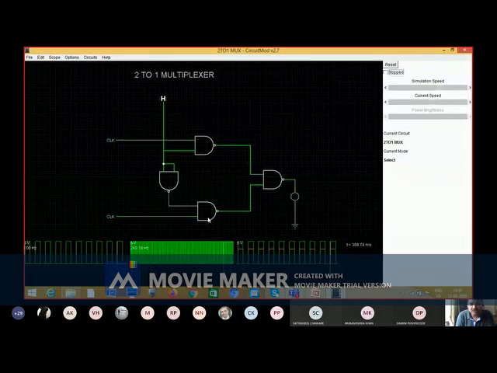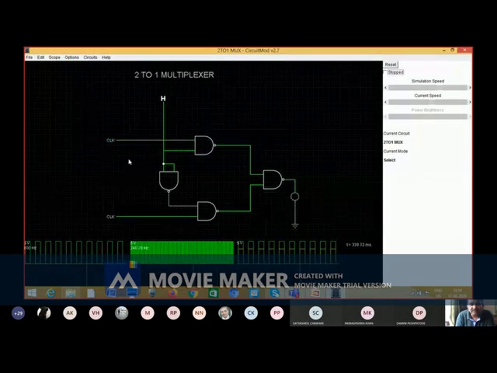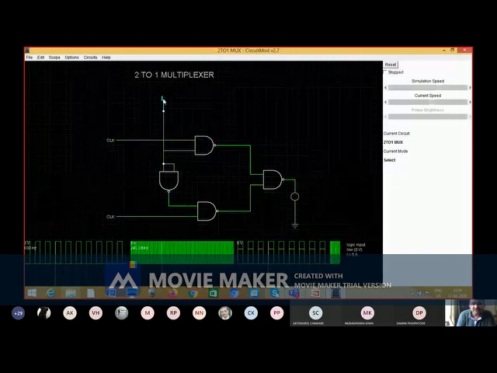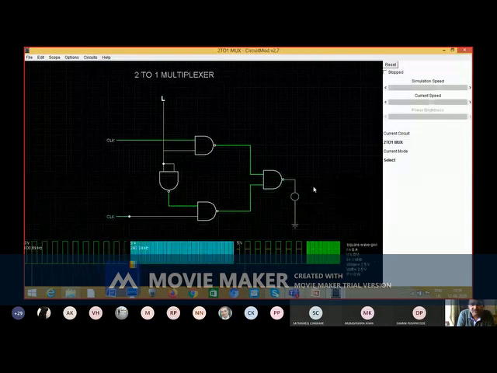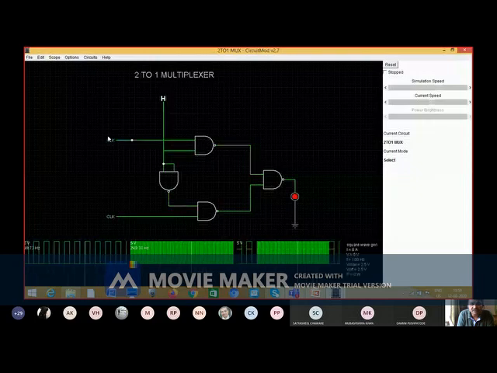Now, you know this is multiplexer, two input, one output mux, and the input gets selected by this. Suppose this H, suppose L. So what will your output? So this will be your output. If this is high, this will be your output. You can see the change.